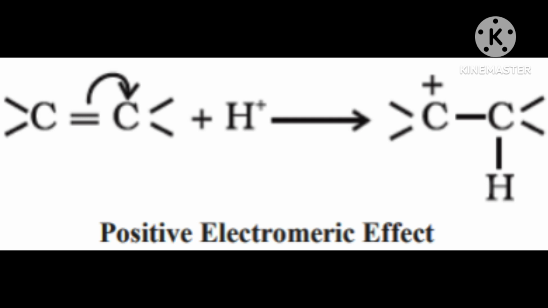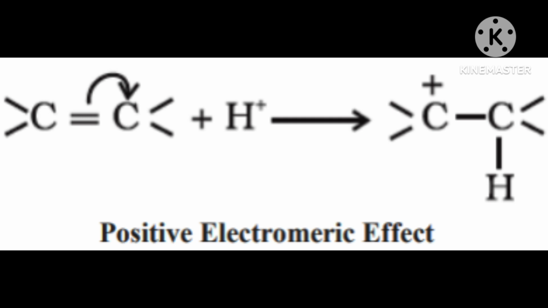Suppose it is attached with the first carbon, then the second carbon will get a positive charge, and suppose it is attaching to the second carbon, then the first carbon will get a positive charge. Meaning H has taken the electron and attached to the carbon, then the next carbon will get a positive charge. And the reverse case is with